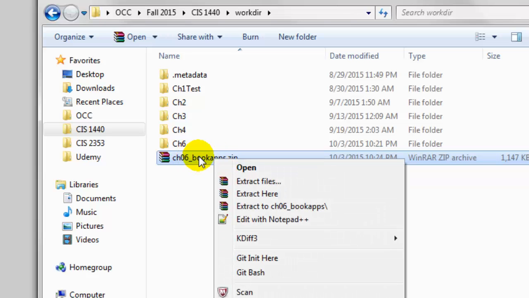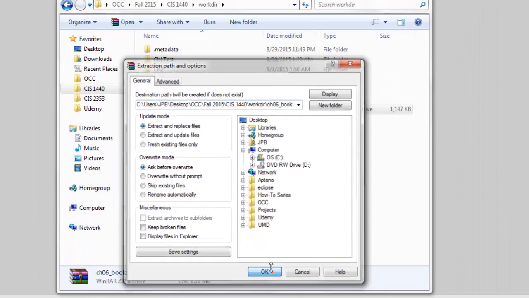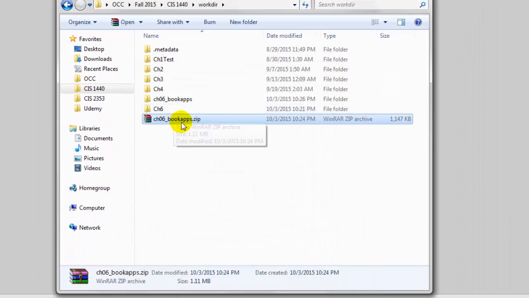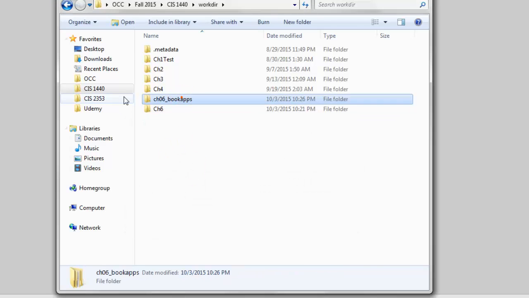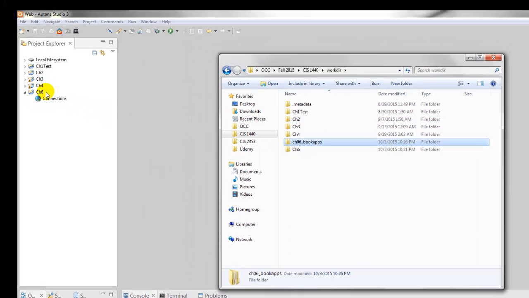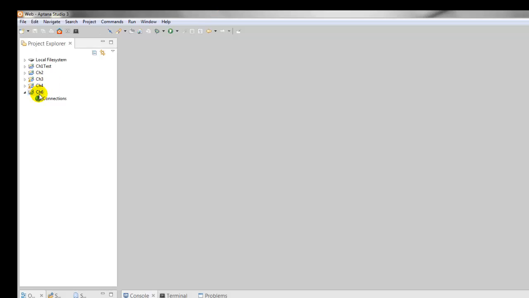I'm going to unzip this, extract it by right clicking, go to extract files, and just say OK. You might have a slightly different interface. The default Windows 7 interface might say, extract to or something like that. So I can delete the zip file as soon as I've unzipped this folder here. And then over here in Aptana, you'll see that I've created a new project, web project